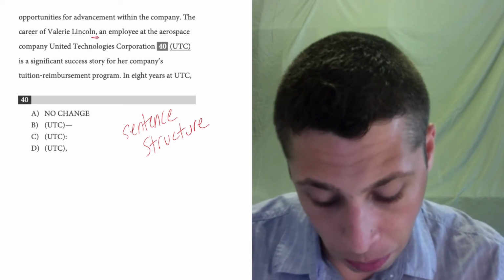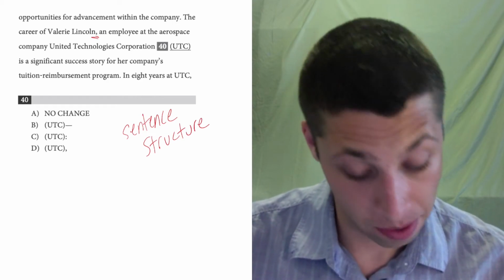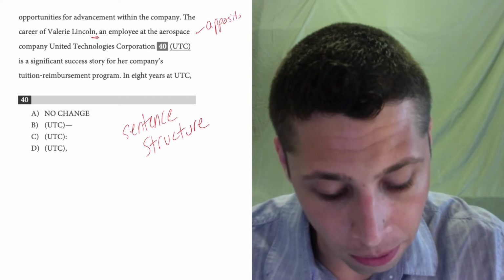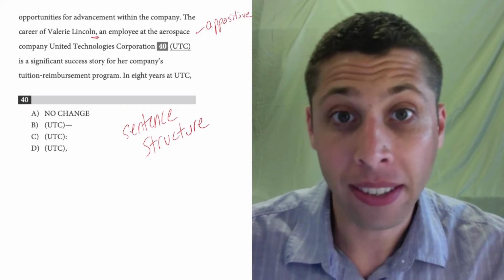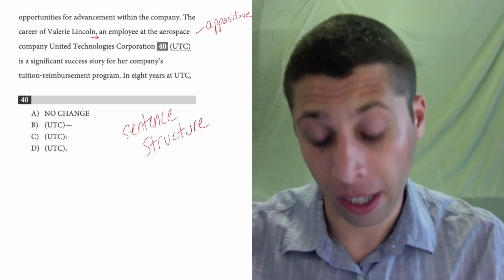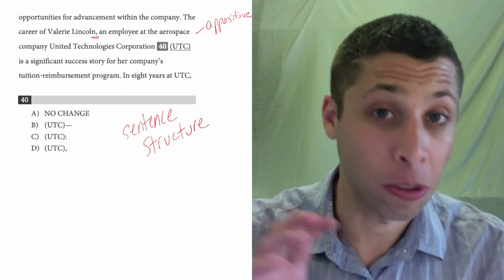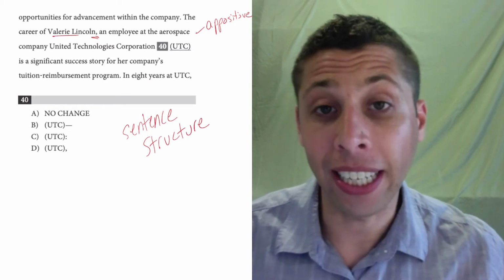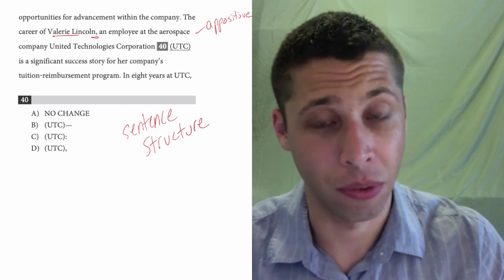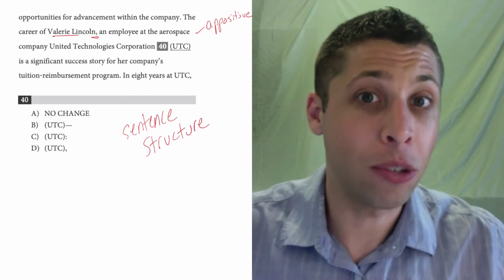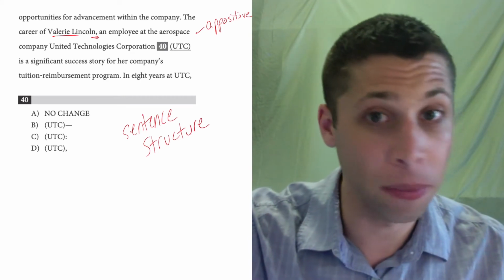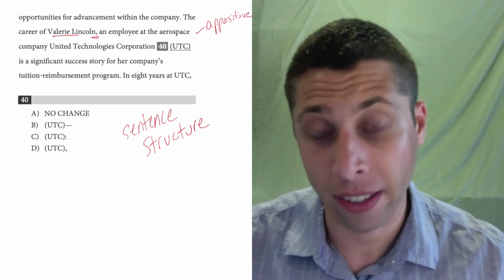Okay, well, here's some more punctuation, a comma. Why would I need that comma? Well, what we have here is another example of an appositive. Basically, this extra clause, this extra piece of information that we're using to define, explain who Valerie Lincoln is, right? It's a little extra information about her. And when we have these appositives, what we do very frequently is we use commas to show, hey, this is extra, right? Here's where the interruption begins. Here's another comma to show where it ends.